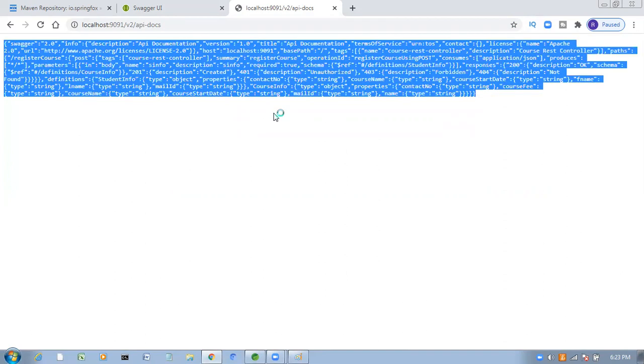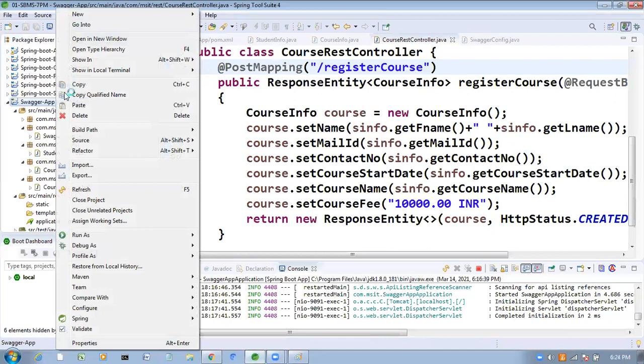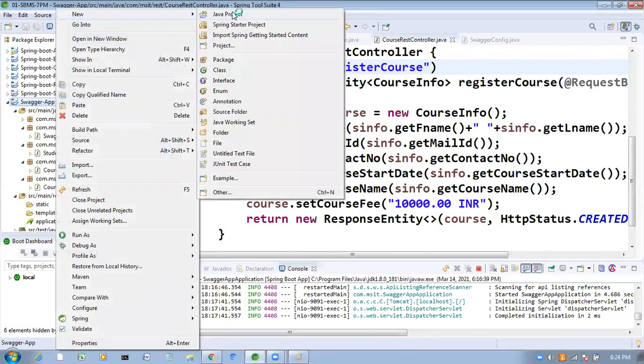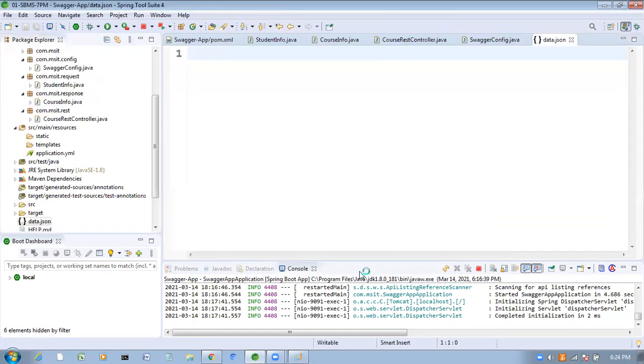Let me copy these things. Copy. Now go to STS. Right here, I'm going to create one file. See, right click, new, file. I am creating a Data.json file. Now paste that content.